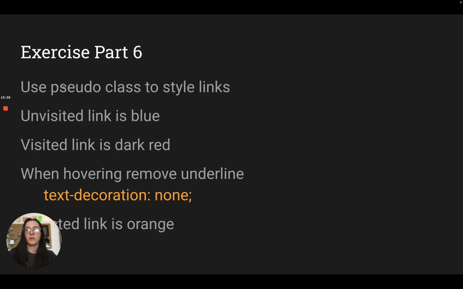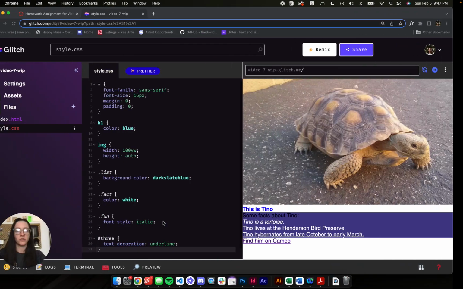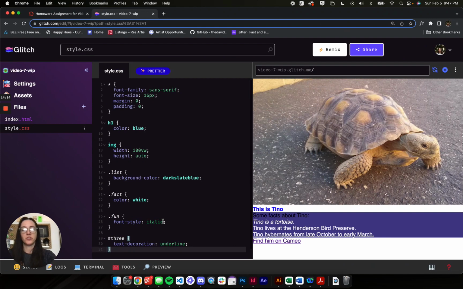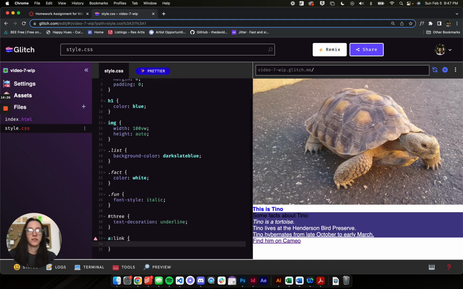So let's change it up. We're going to change an unvisited link to blue, a visited link to dark red, hover, we're going to remove the underline, and when we click on it, we'll change it to orange. So this is a lot of stuff, but you'll usually just copy and paste this and just change the details. So A for link, colon, so we're saying we're using a pseudo class, and link for an unvisited link. Then our curly brackets and